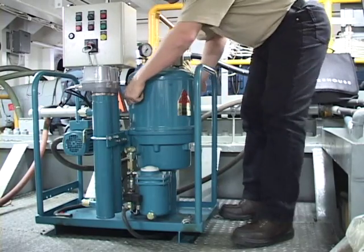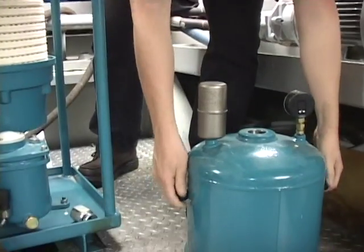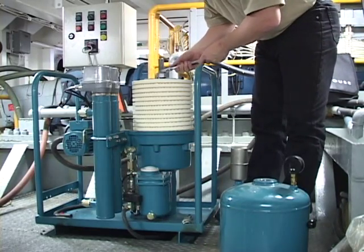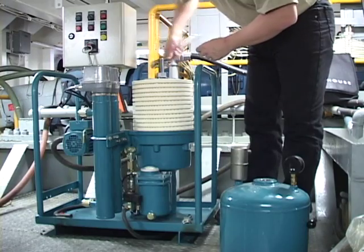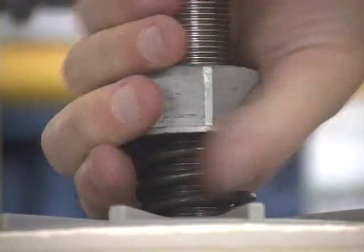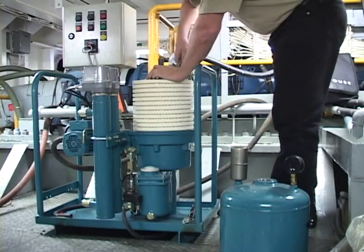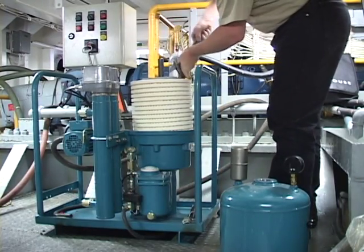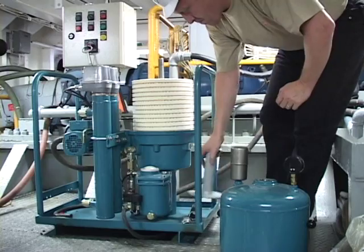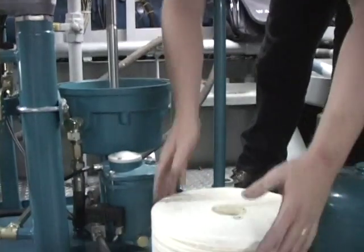Once the top nut is removed, you can then take off the top housing, exposing the filter insert. Once the filter is exposed, you will see it is held in position by a shaft nut. Remove this using a spanner, and then a spring and a spring housing will also be removed. The filter insert can then be removed, and then it will expose the coalescer plate in the bottom of the